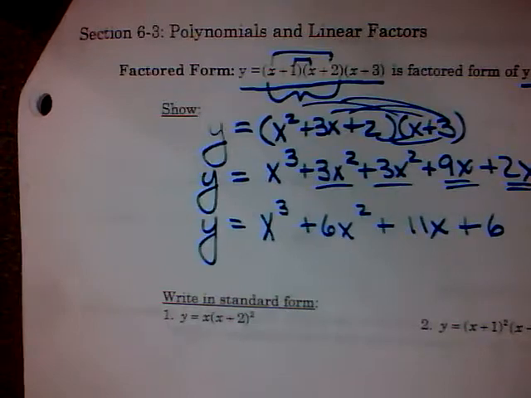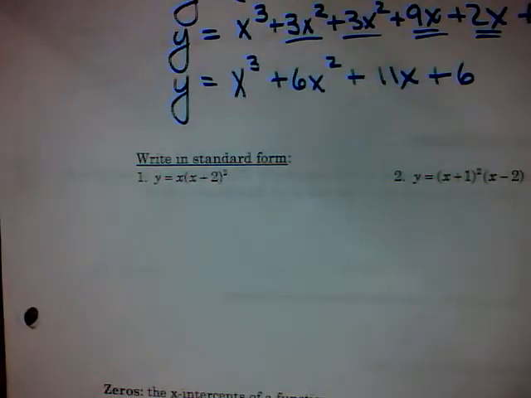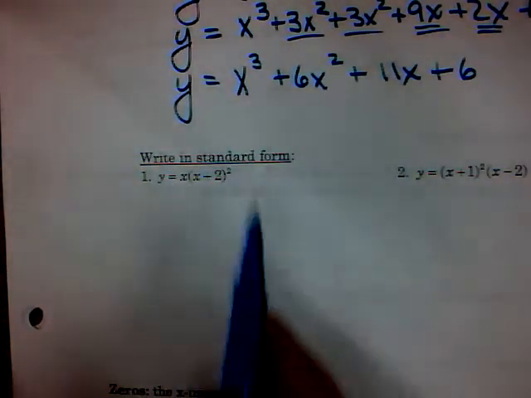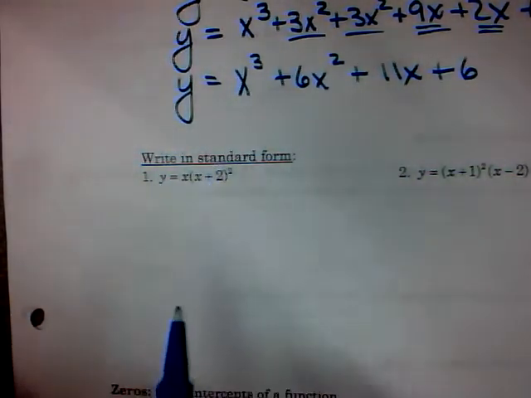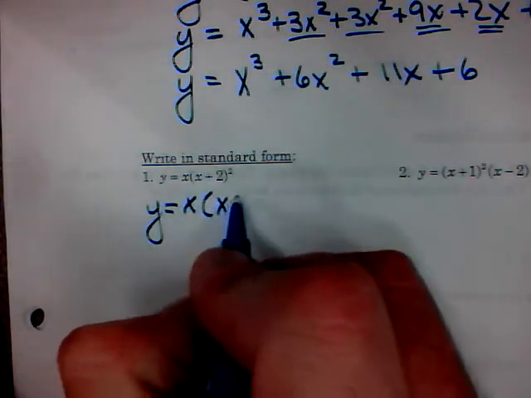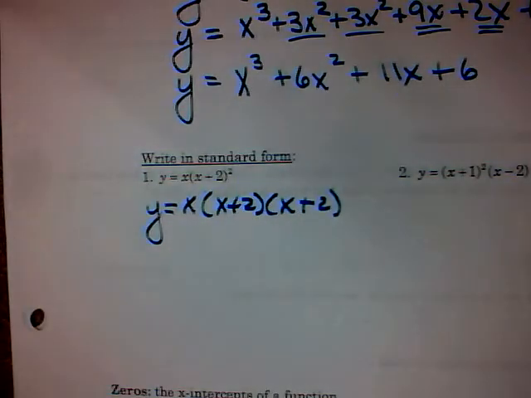So let's look at 2 more here. So on example number 1 here, we want to multiply this x times this x squared. So following order of operations, you have to do the squared first. So y equals x times, this is x plus 2 times x plus 2. Recall that you cannot